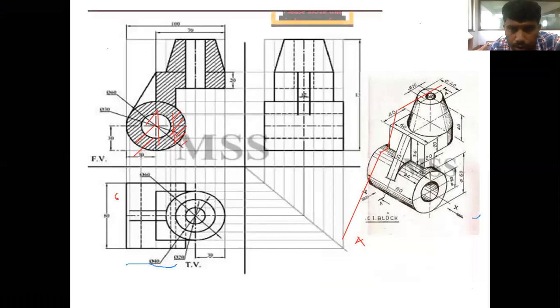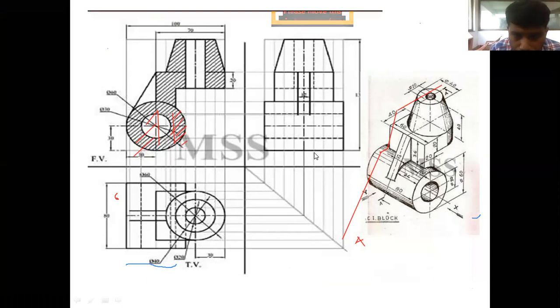So after this is the final view where you can see all the sections, what all the parts we are going to cut. So through this, what all will be there, sectioning. So this will be there in these things.